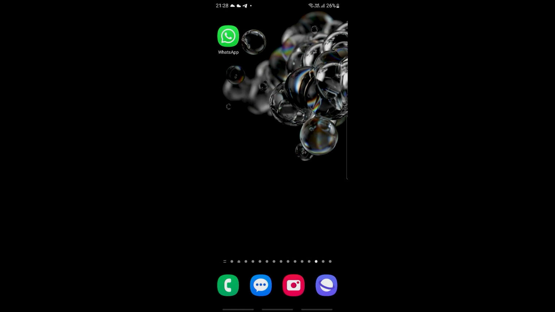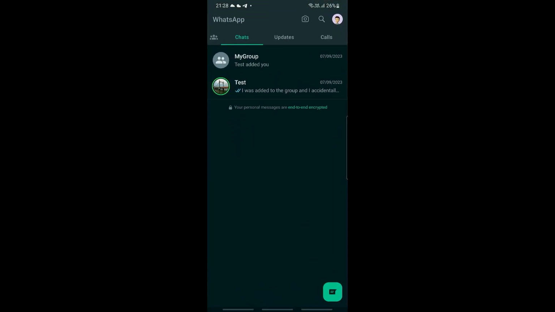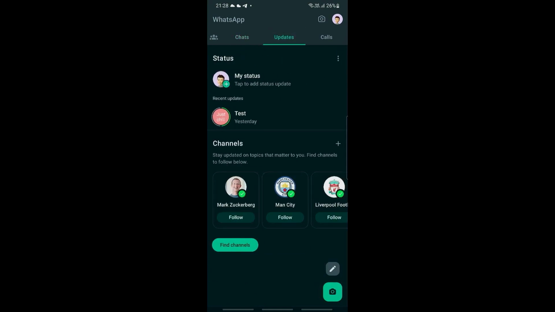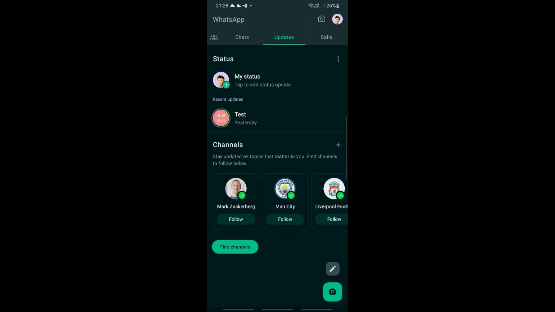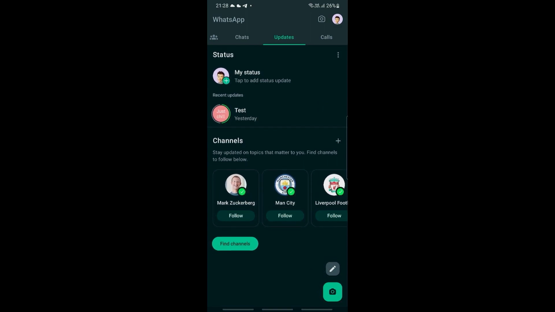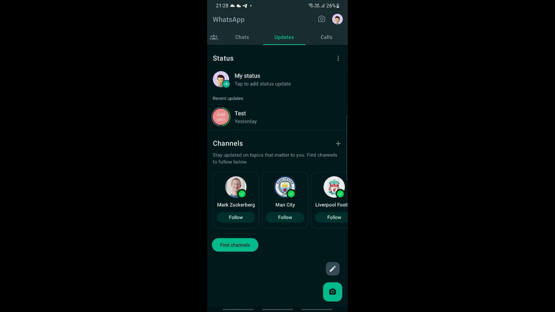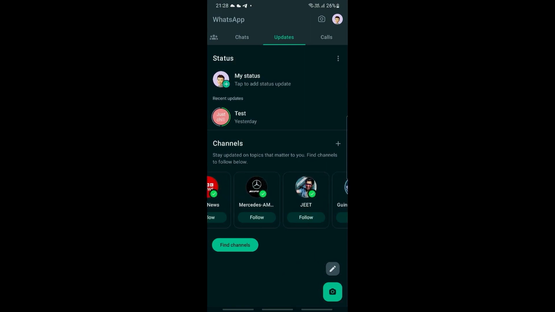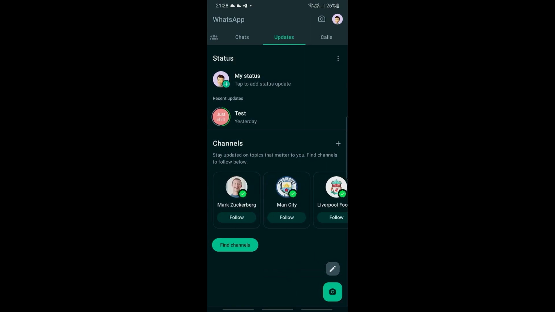Now let's go into our WhatsApp right here. And then what we're going to do is go into the updates tab right here. Now you should be able to see the channels section. So we have the status section on the top, but we have the channel section right here as well. If you're not following anyone at the moment, then you can take a look at the recommended ones from WhatsApp. So go ahead and follow any of these